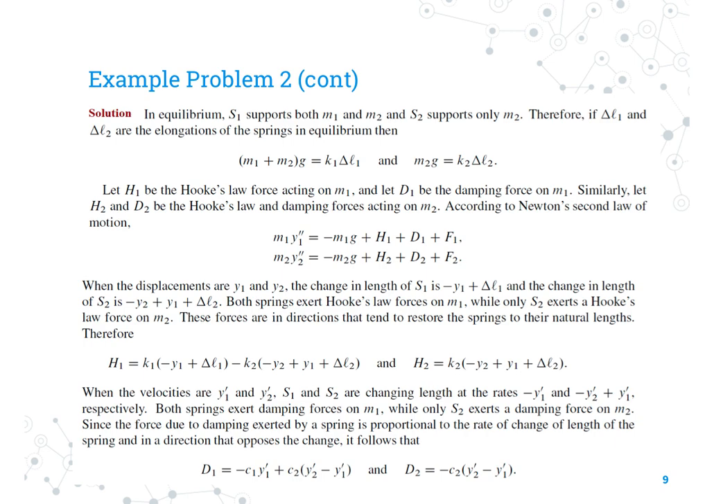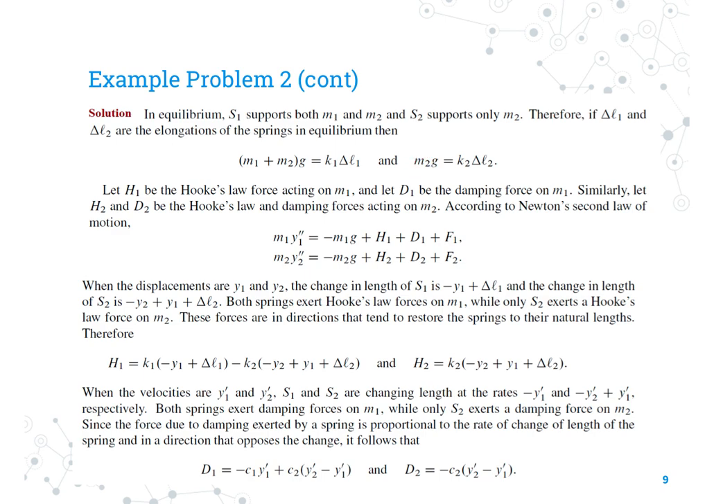So therefore, if delta L1 and delta L2 are the elongations of the springs to equilibrium, remember we always use delta L to get from the natural spring length to the equilibrium length, then (M1 plus M2) times g is going to equal K1 delta L1, and M2 g is going to equal K2 delta L2. And remember, this is because spring 1 here is supporting both mass 1 and mass 2, but spring 2 is